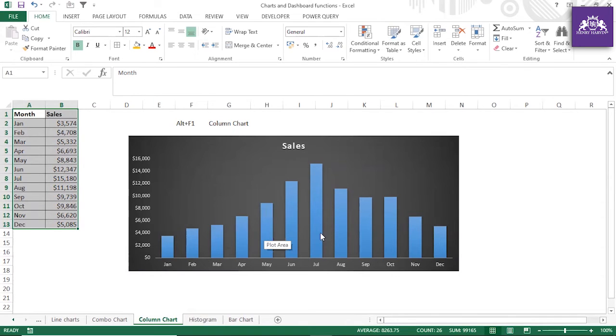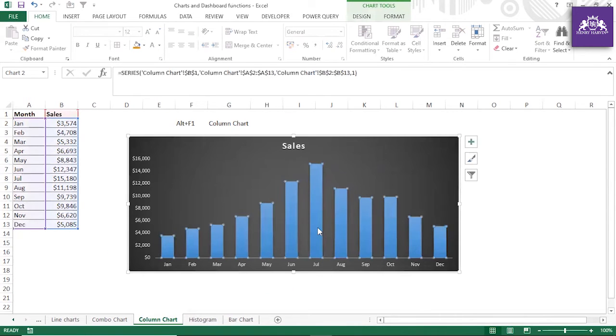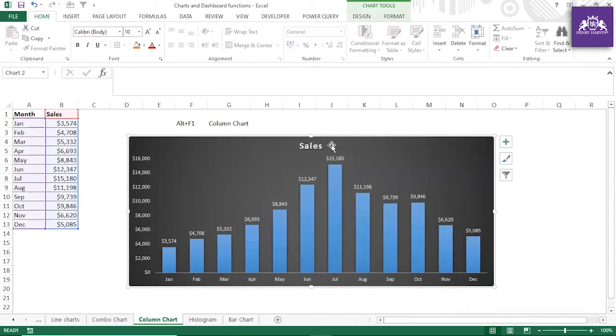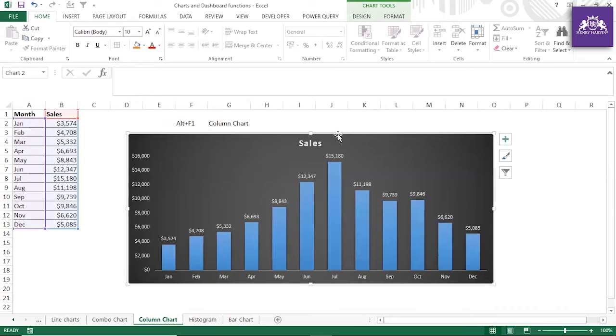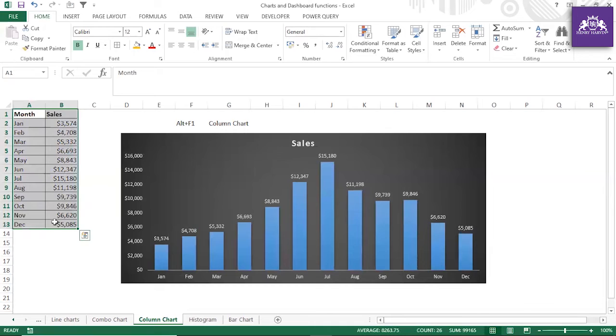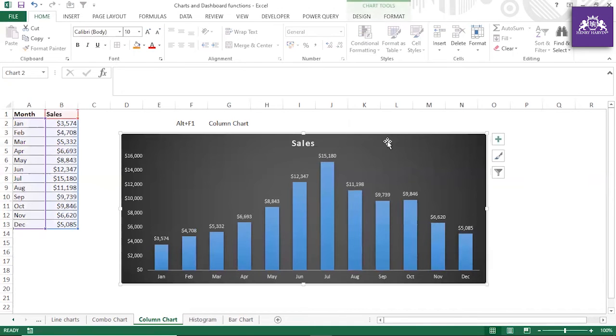Here you can see the length or the height of the bars. So you can easily see July actually has the highest sale, and now you can add the data labels also. So this is amazing when you have something to compare for previous months. Then this column chart is actually suitable for this kind of data you have. So guys, I hope this is also clear.